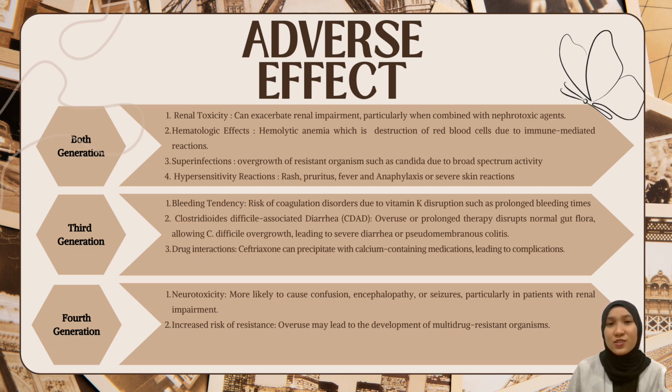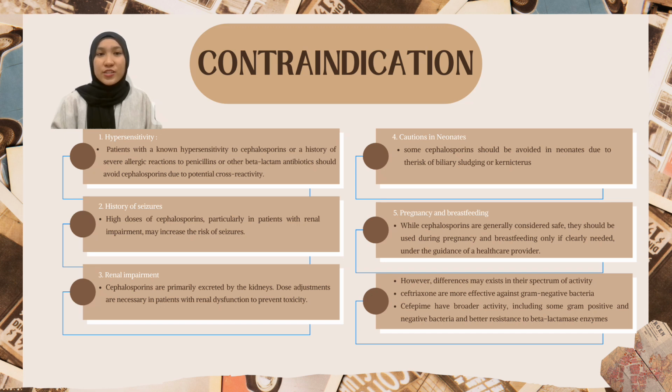Fourth generation cephalosporin are more likely to cause neurotoxicity, including confusion, encephalopathy, or seizure, particularly in patients with renal impairment, and their overuse can increase the risk of developing multi-drug resistant organisms. The contraindications of cephalosporin include hypersensitivity, as patients with a known allergy to cephalosporin or a